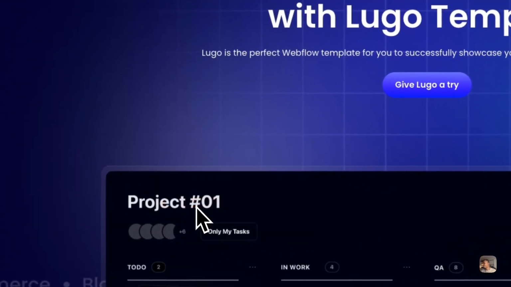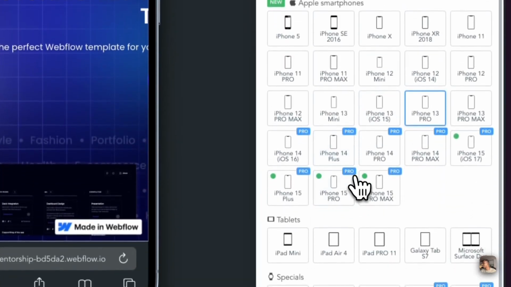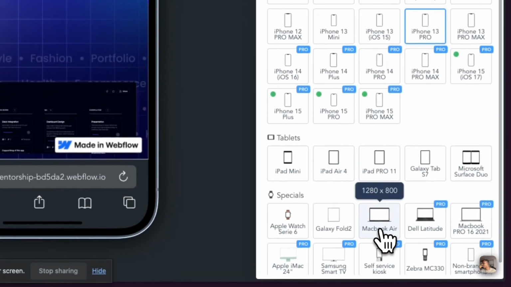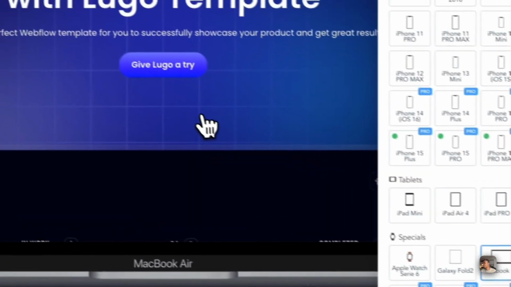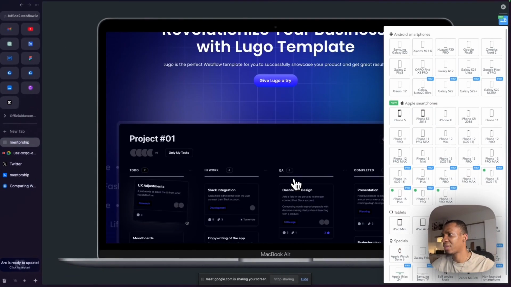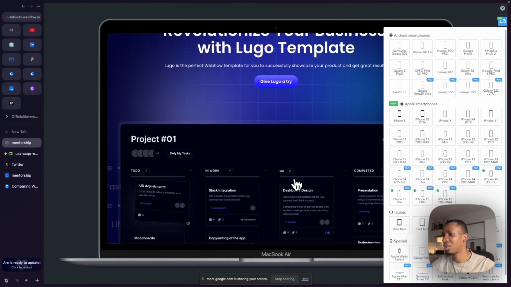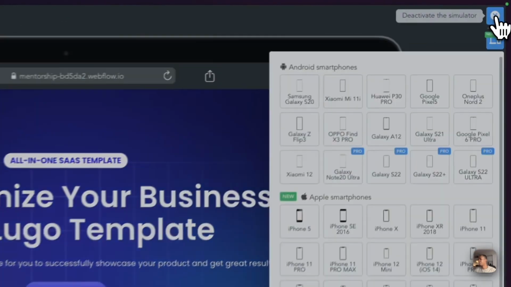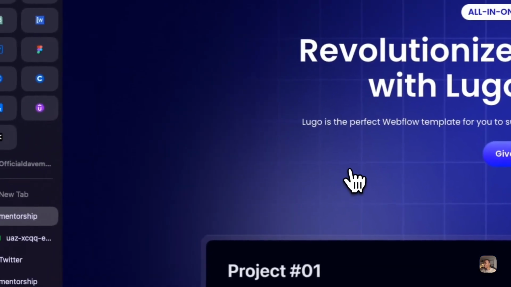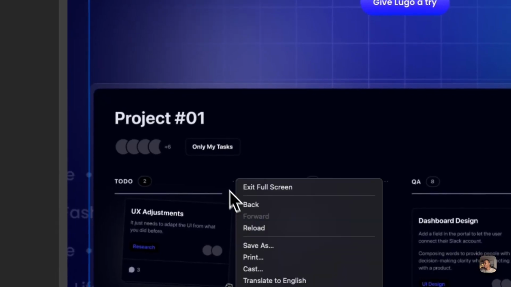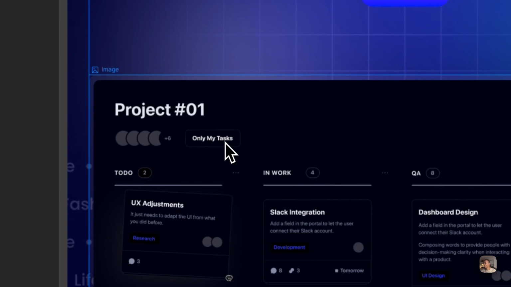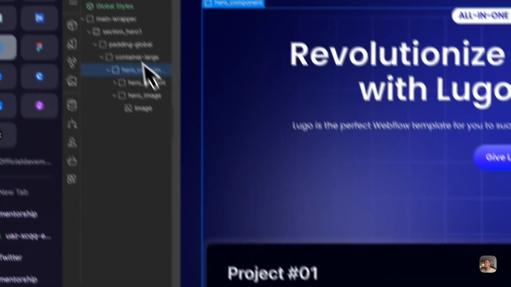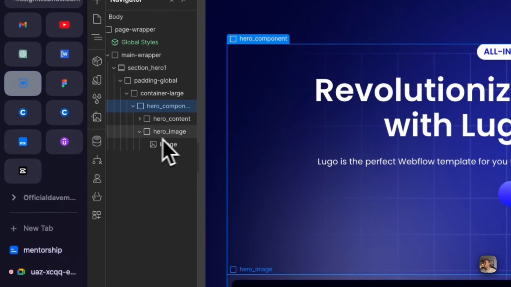Let me check on this. Let me check this screen and see. Let me check here. Yeah. Okay, it's even scrolling. So yeah, that's most likely it's